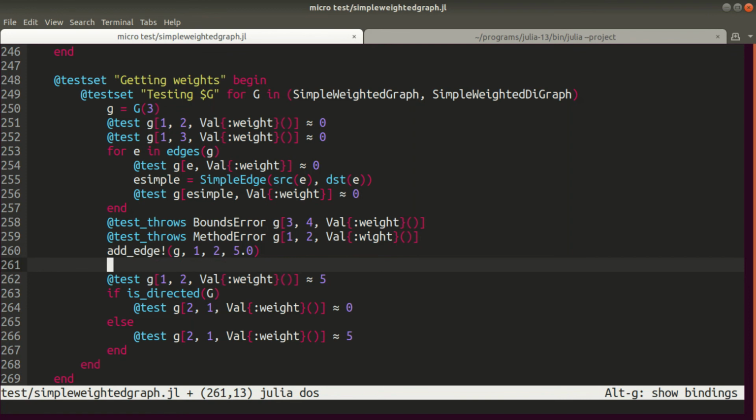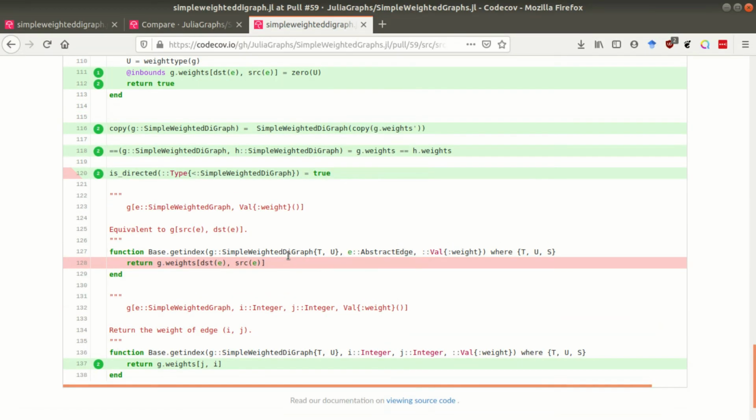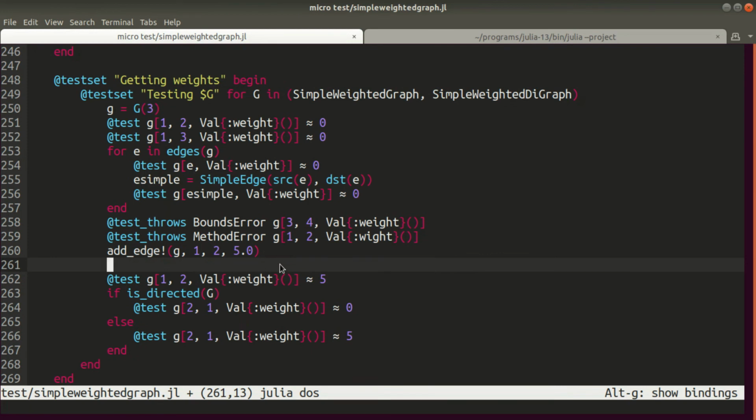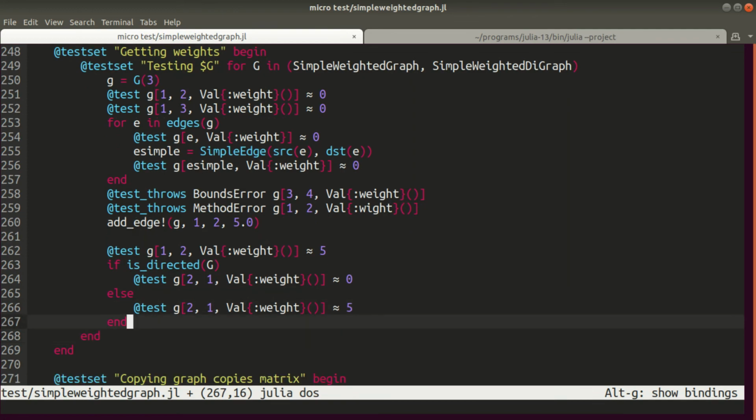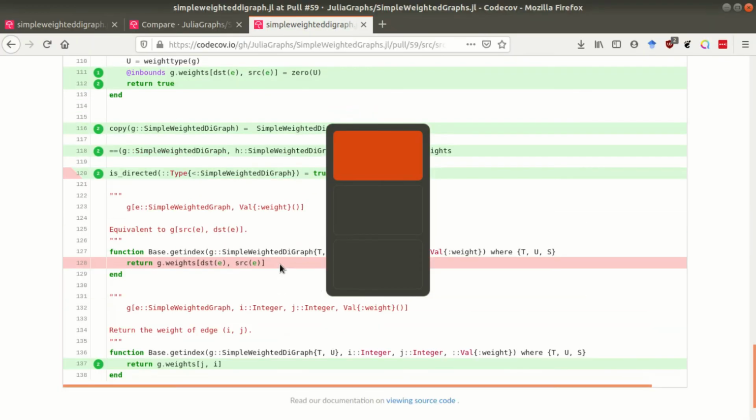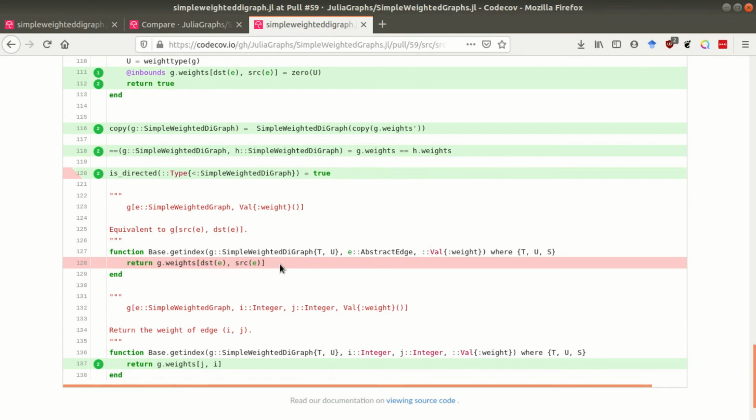We could just test it directly, but this is very stupid. Like testing that get index blah blah is equal to G weights of destination and source. So yeah, we could go about